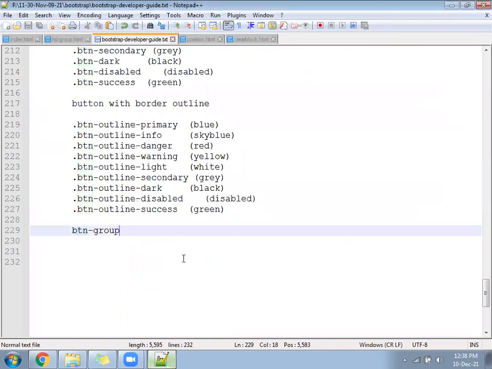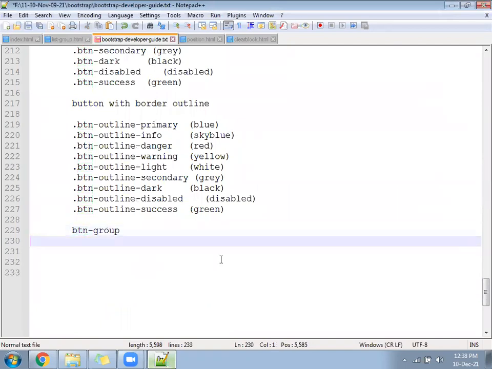So how many types of buttons did we find? So many types of buttons we found.